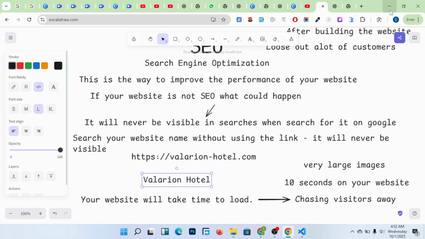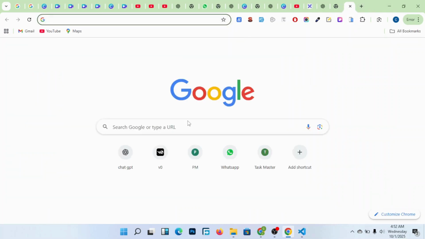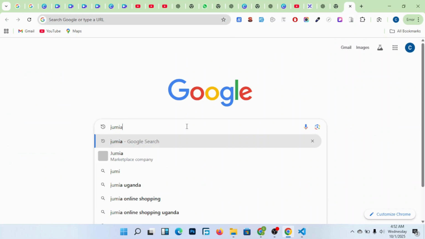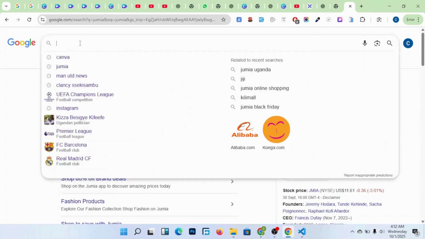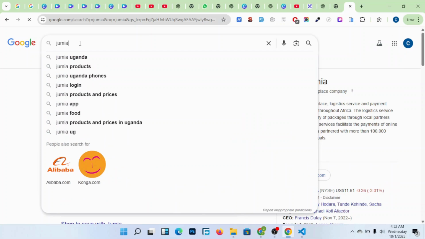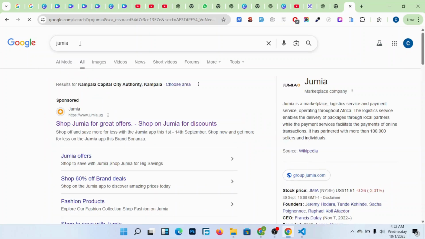For example, I can come here and search Jumia. Just typing Jumia alone, the website should come. But if it's not SEO, you have to first type in, for example, www. Even if you type here Jumia, if it's not SEO, it will never appear in the searches.